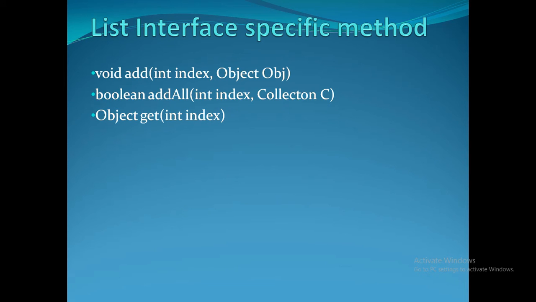Suppose I want to retrieve the specific element available at a specific index number. Suppose I want to retrieve the element from the fifth index. At that time this method will be used, get. You may observe that we don't have any retrieval method in the collection interface. We didn't find any get method there, right? Because there is no way to retrieve an element from the collection. That's why here in list we have get with the index. That's why index plays a very vital role again. Keep this in mind. So this is get.